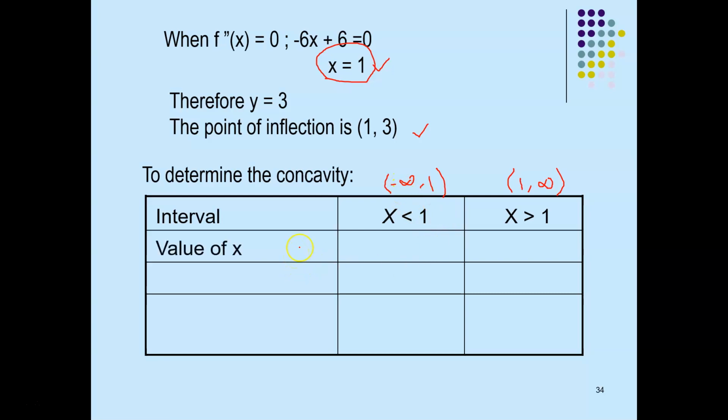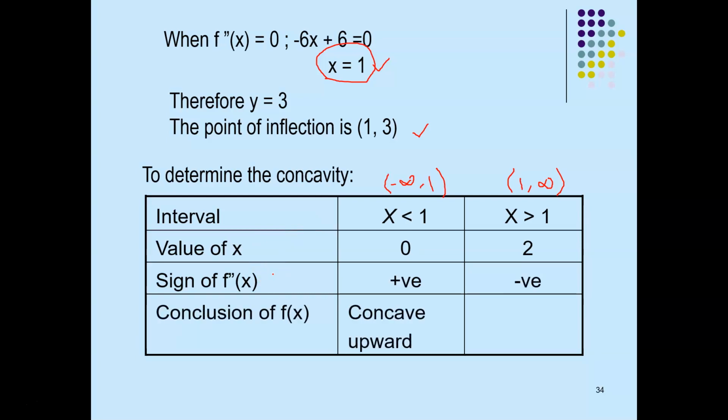Okay. Then, pick any point or pick any value of x. Ganti masuk dalam the second derivative. You get positive or negative. Kalau positive, concave upward. Negative, concave downward. Okay. So, I think that is for the first part, which is we already cover what is tangent line, what is tangent equation, normal equation, the gradient, which is the gradient is dy over dx, and then we already know how to check where the function increase, where the function decrease using the first derivative